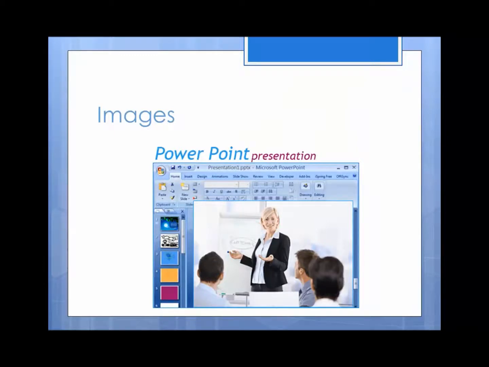Another way for us to share images is to think about using PowerPoint, because a PowerPoint presentation, very much like the one that I'm sharing with you, gives you the opportunity to add in your images, and it also allows you to share text. But the primary focus here is images. So if you're familiar with PowerPoint and you want to get your message out there, use this particular tool to make yourself visible.